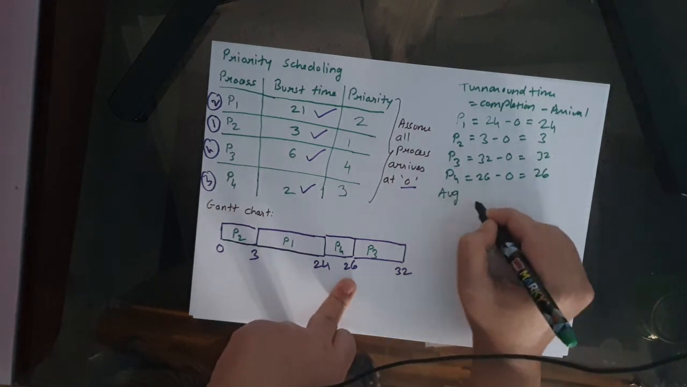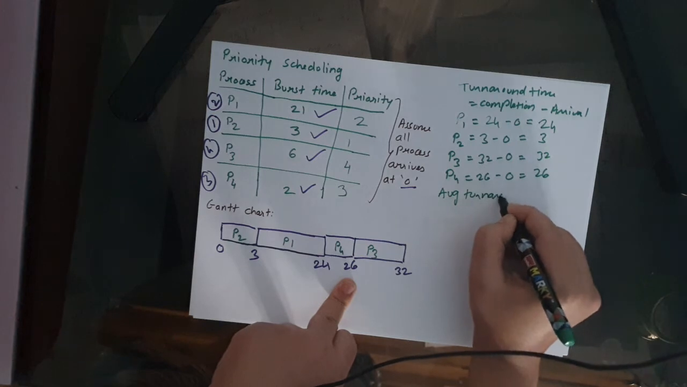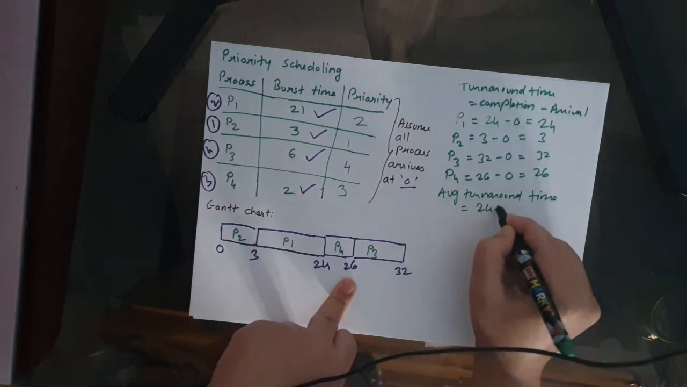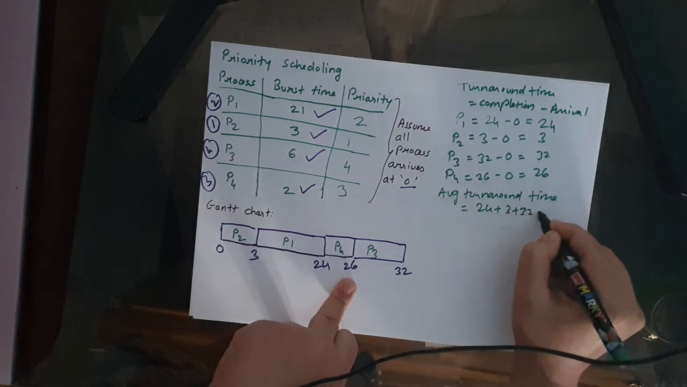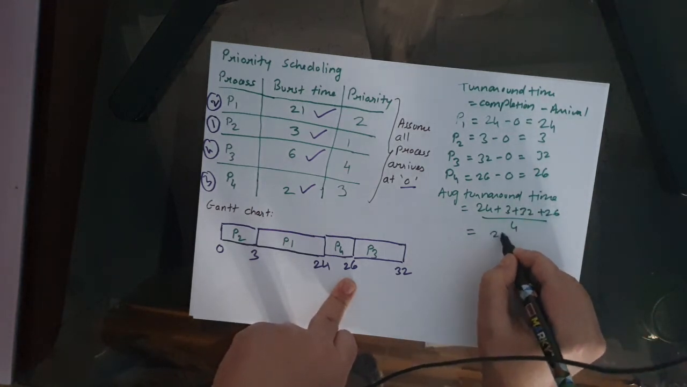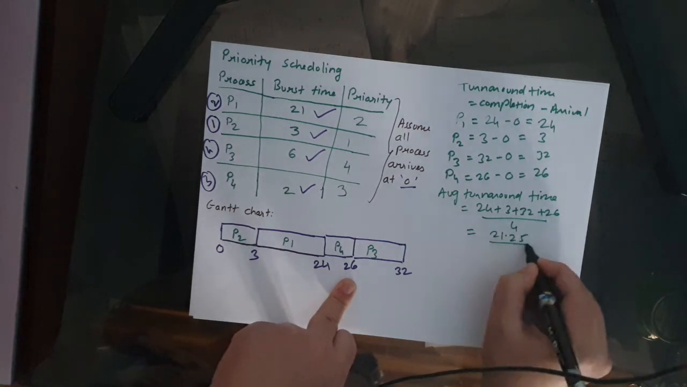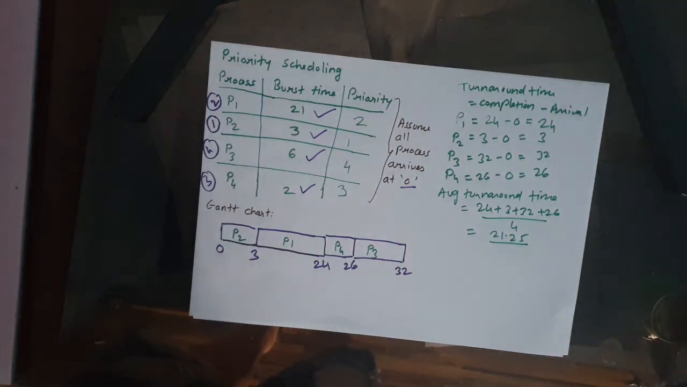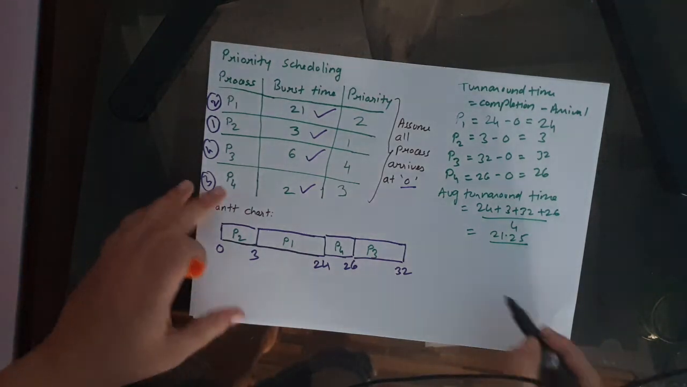Average turnaround time is nothing but 24 plus 3 plus 32 plus 26 divided by 4, which is nothing but 21.25 time units. The next step is to find out your waiting time,